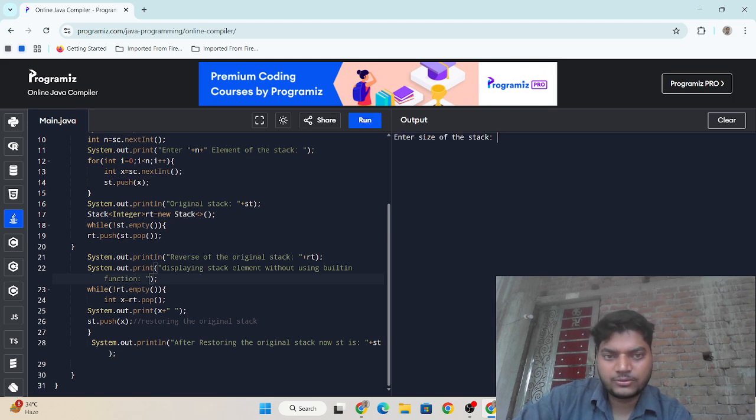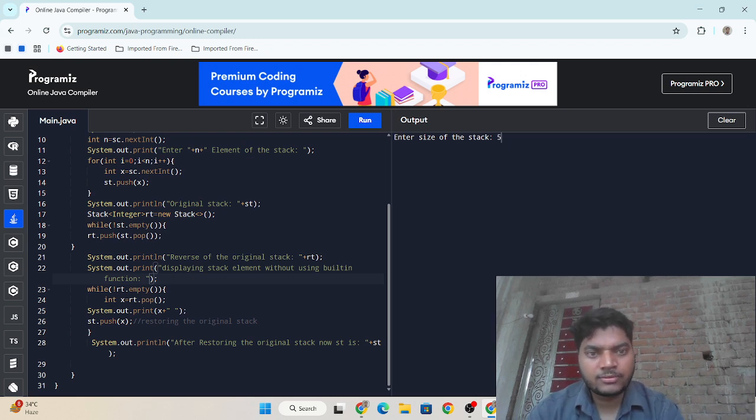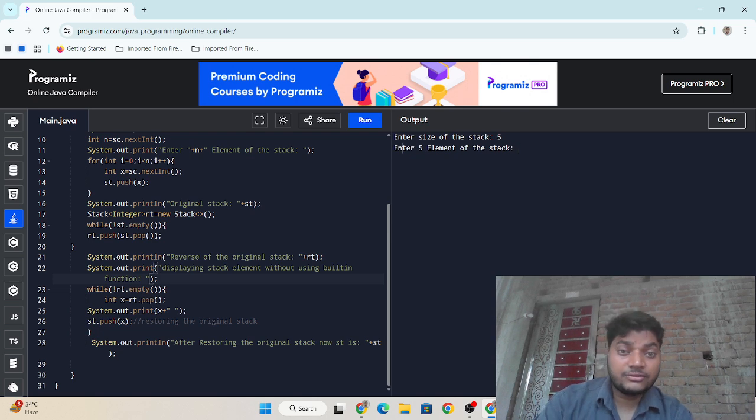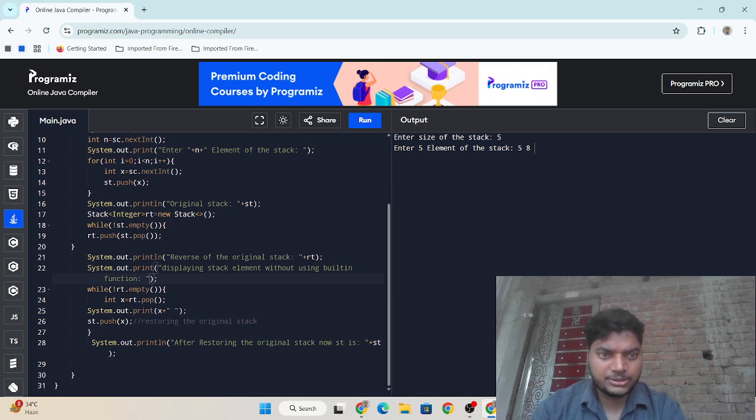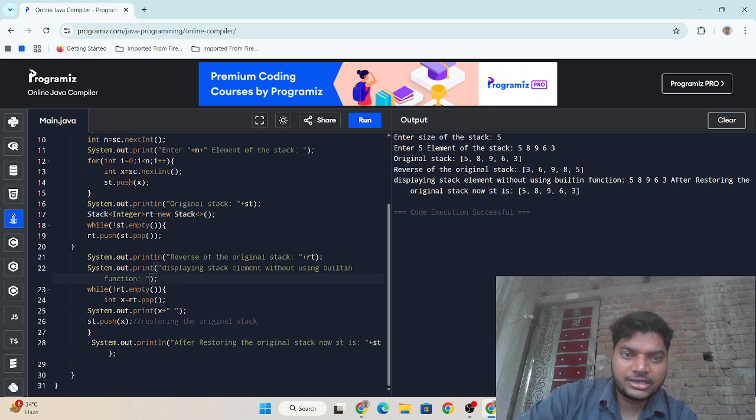Now I'm done. Okay, I'm entering 5, and enter 5 elements of the stack: 5, 8, 9, 6, 3. Original stack is 5, 8, 9, 6, 3, that is this one.